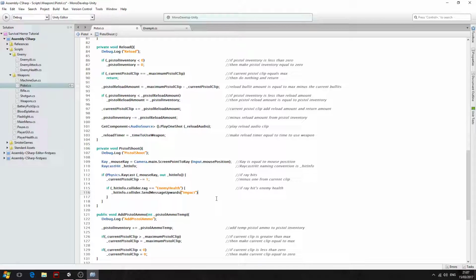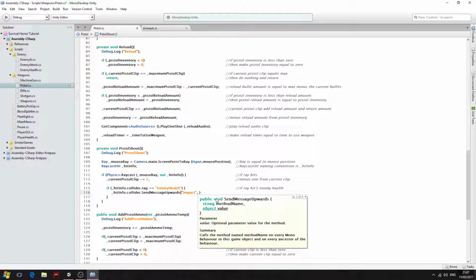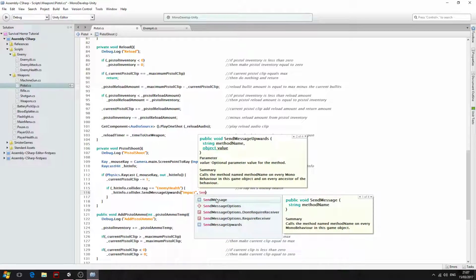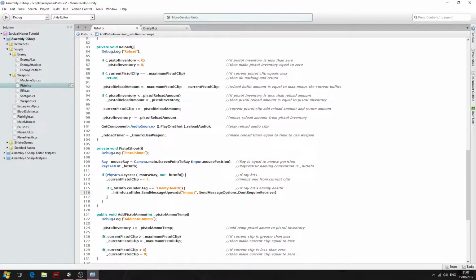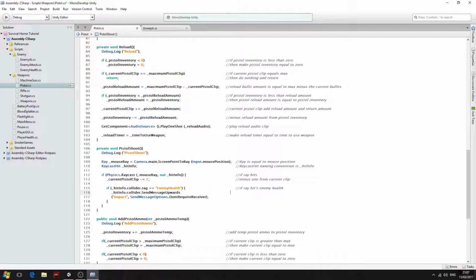So with that said, let's come here. We want a comma, and we want SendMessageOptions.DontRequireReceiver, and let's close the brackets off. And let's break up this line. In fact, yeah, we'll enter there. We'll come to the comments and we'll say send message to, and let's come to the next line and we'll say change enemy AI state